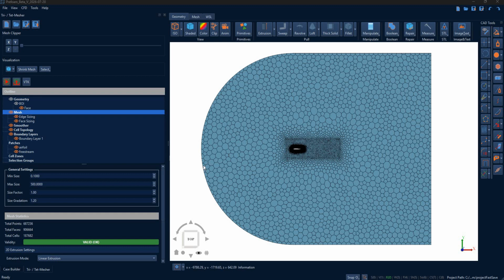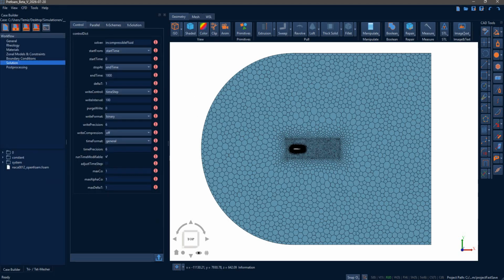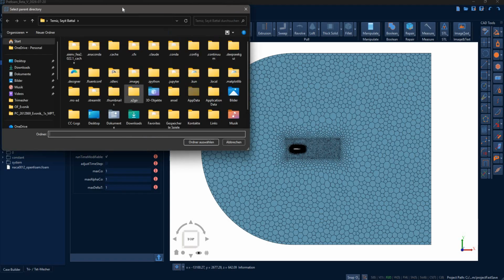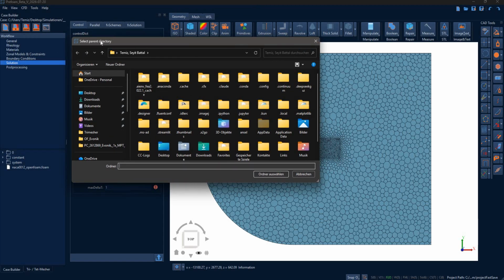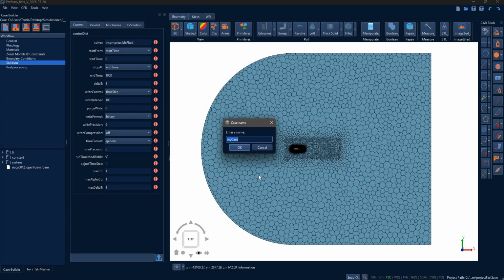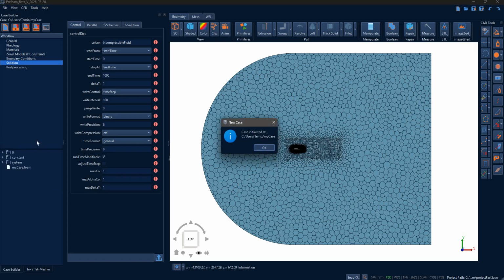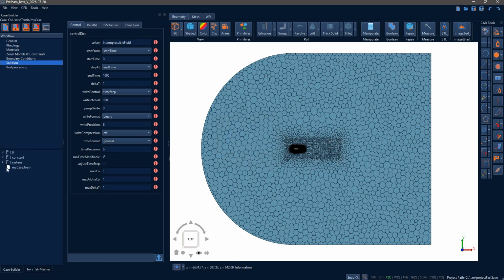So welcome back. In another tutorial I created the mesh, and now I want to show you how to use the case builder. Now for the case builder, you can create a new project. Actually, you need to select the parent directory, and then let me just hit this, and then you can enter a name for your case. Okay, let us call this my case, and then it will create the case,